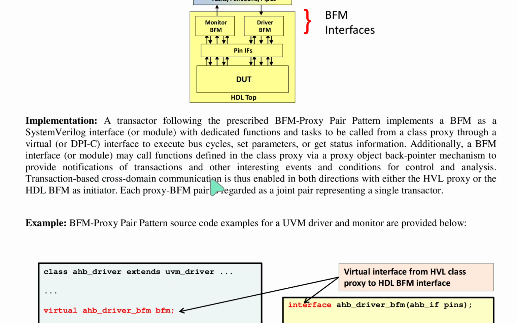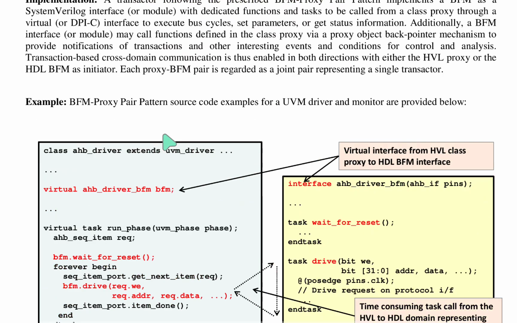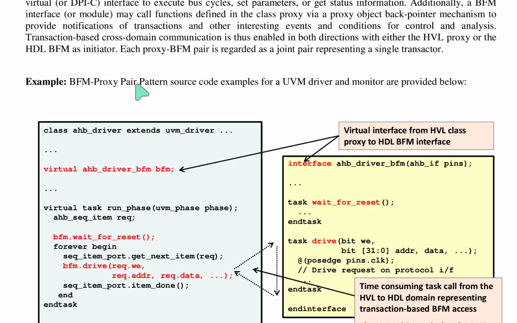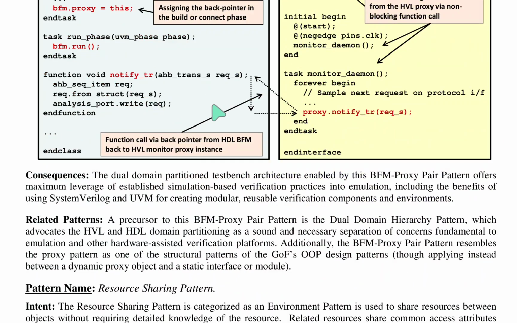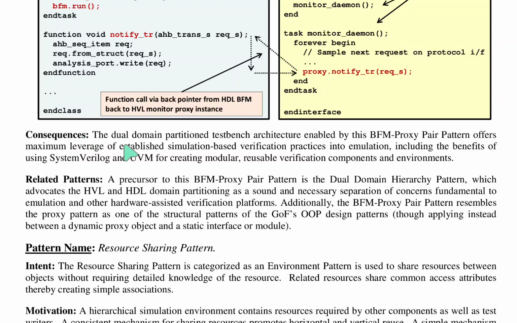Transaction-based cross-domain communication is thus enabled in both directions, with either the HVL proxy or the HDL BFM as initiator. Each BFM proxy pair is regarded as a joint pair representing a single transactor. Example: BFM proxy pair pattern source code examples for a UVM driver and monitor are provided below. The consequences: the dual domain partitioned test bench architecture enabled by a BFM proxy